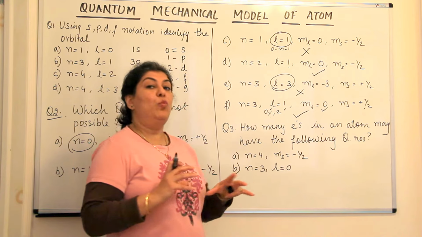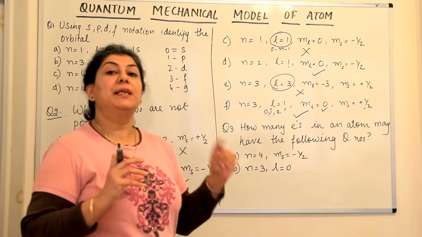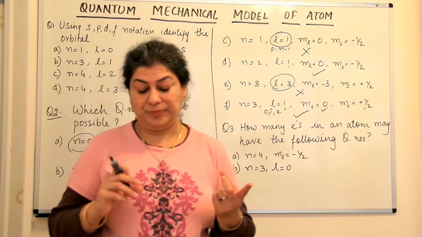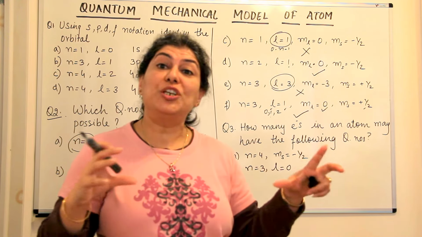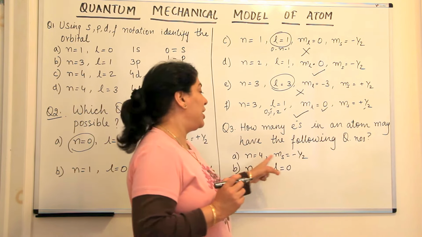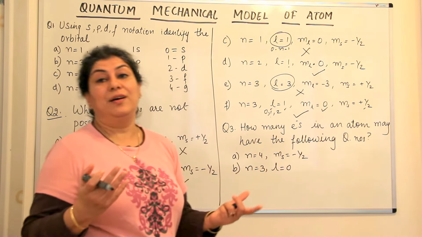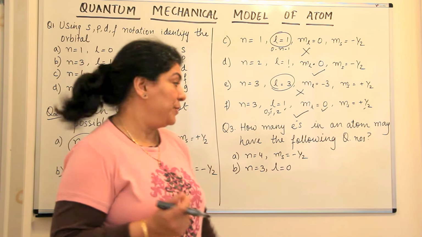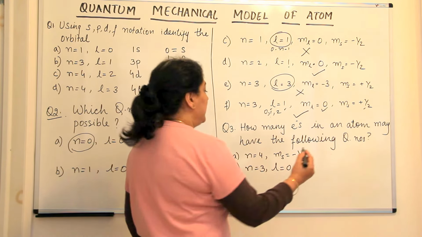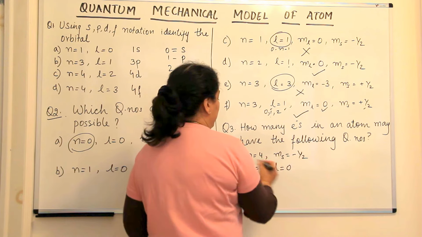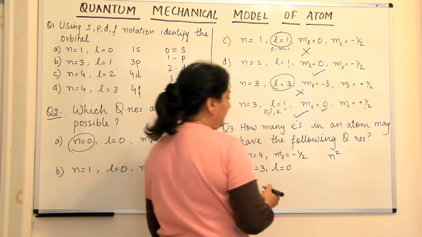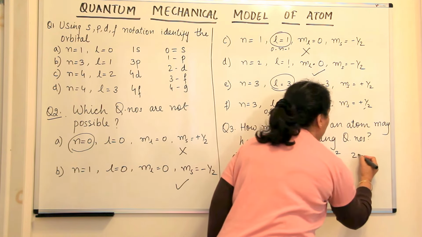And in the 4th shell, whatever is the number of orbitals, every orbital has 2 electrons, one of which is a minus half and one of which is a plus half. So, if I can calculate the total number of orbitals, that should be equal to the number of electrons which have a minus half spin quantum number. The number of orbitals in n is equal to 4 is given by the formula n square, right? And the number of electrons is given by twice n square.